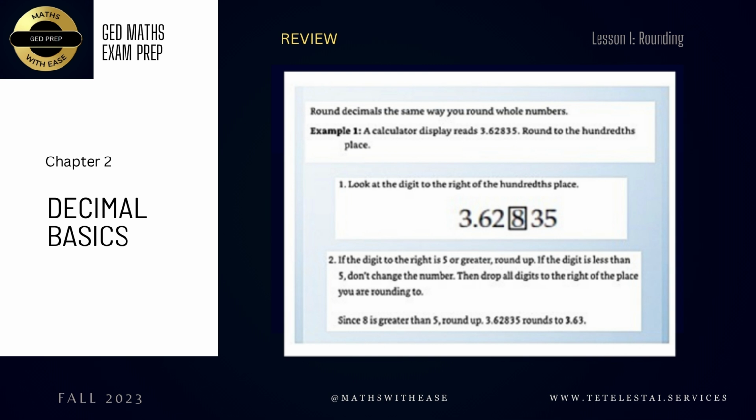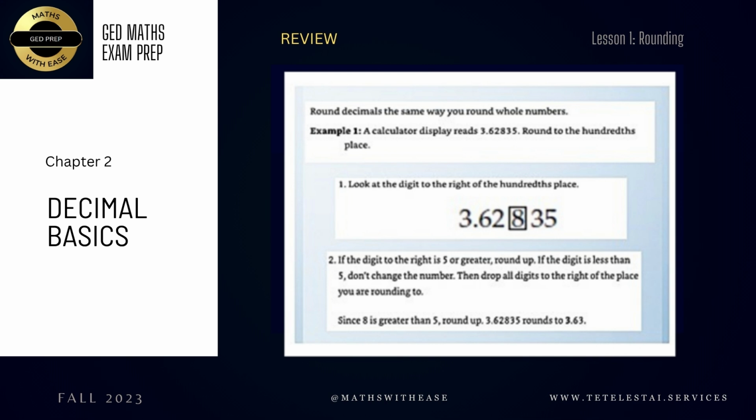Okay, in this example, we're being told that your calculator display reads 3.62835, and you're told to round to the hundredths place, right? And so you start by looking at the digit to the right of the hundredths place, which is 8. And since 8 is greater than 5, remember the rule is 5 or greater, we're going to round up, right? So we're going to round the 2 up by 1, and our